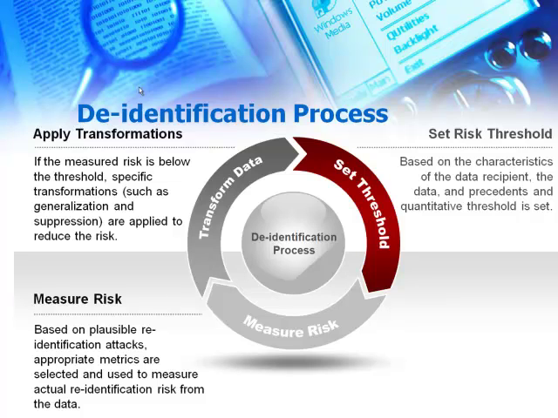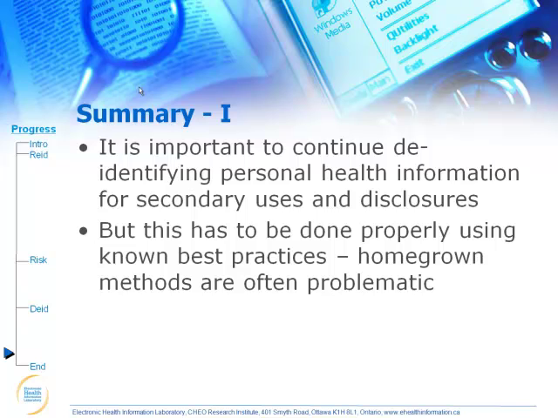And so the trick is to somehow balance those 3 things to produce a data set that's still very useful for the end user. And I think that there are ways to do this. There's been a lot of work on this, and there are good ways to apply these things selectively to maximize data quality. So then in summary, I think that it's still important to continue to de-identify data.